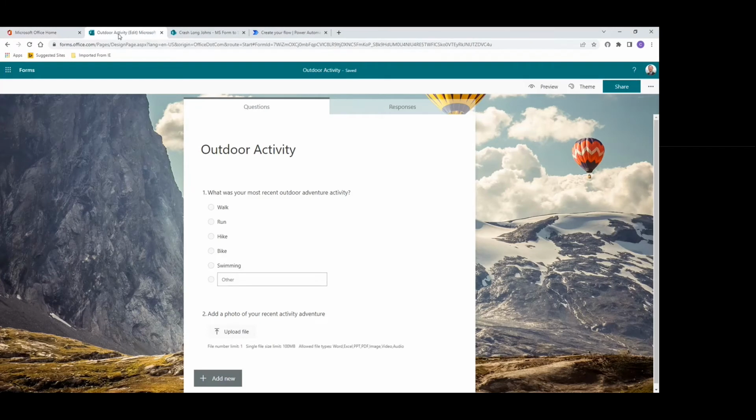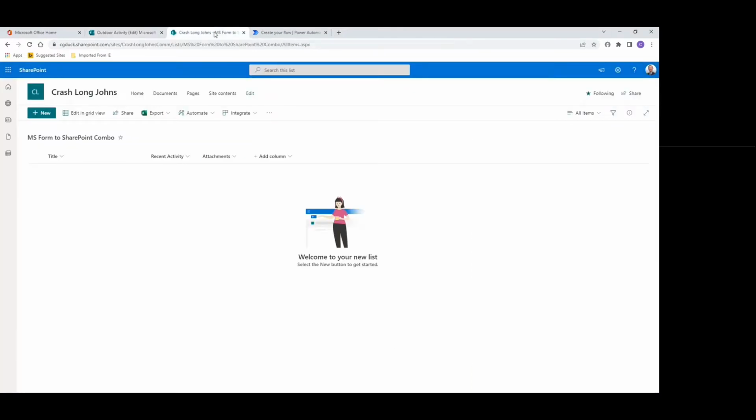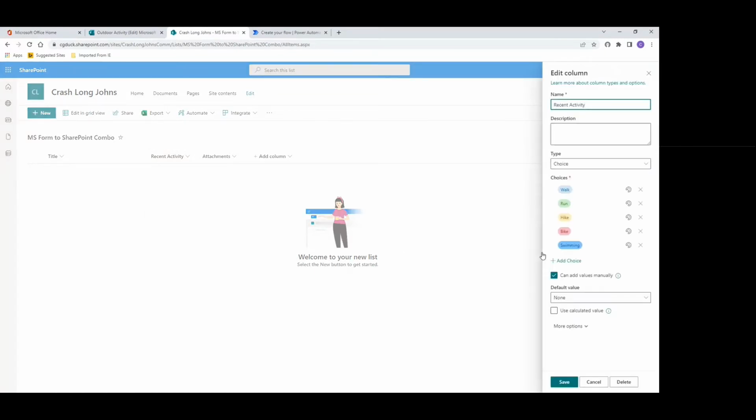This is our outdoor activity survey form. What we got is: what's your most recent outdoor activity? It's a single choice and allows other, and then add a photo of your recent activity adventure. We went ahead and created the MS Form, which has our recent activity, which if we look at it, it's a choice field. We put in some choices of the main ones. You need to include other, so make sure you do have an other checkbox that you can add